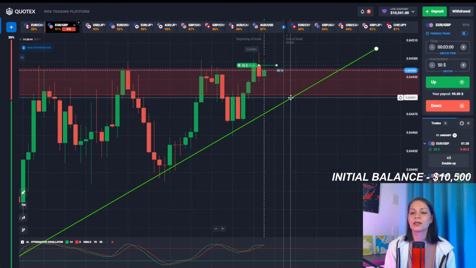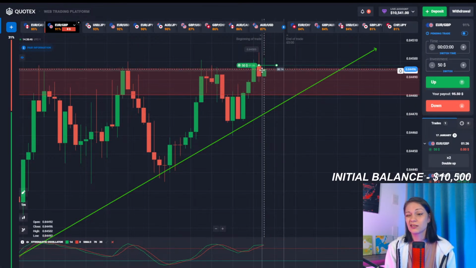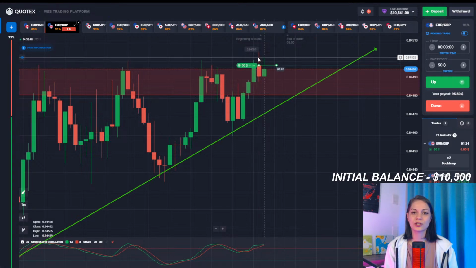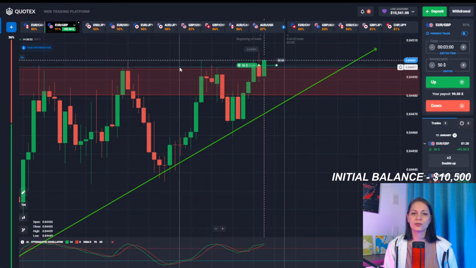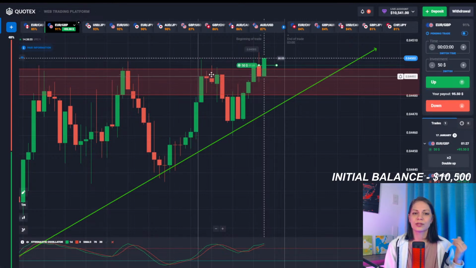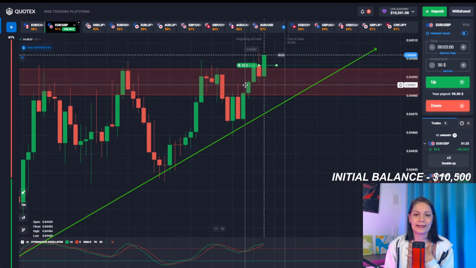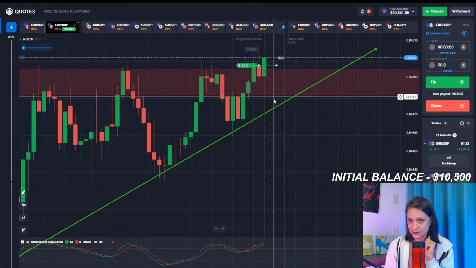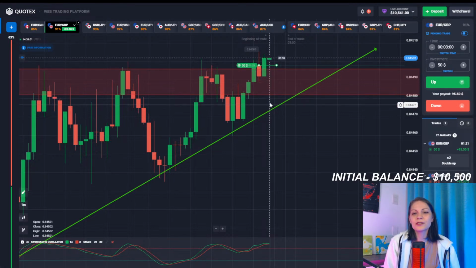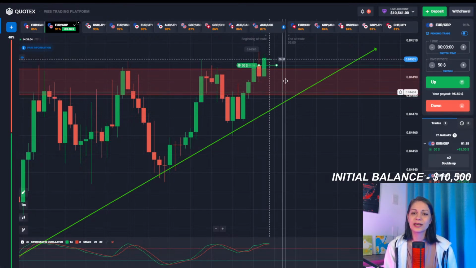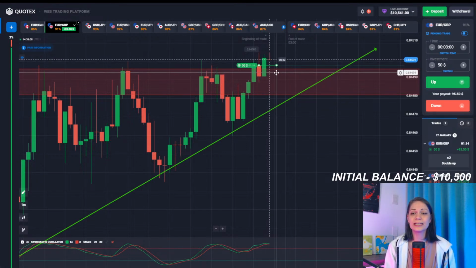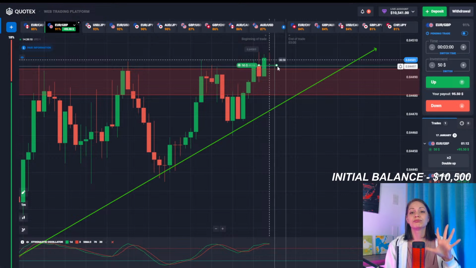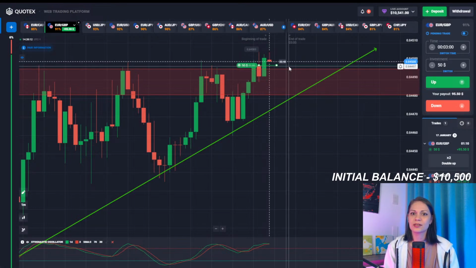We have 1 minute and like 35 seconds. But for now, I actually see that it's still fine. I like this candlestick because it was kind of covering all the previous shadows. But there is a possibility that the price is going to go down, react to the trend line, and after that there will be a breakout. It is risky, but for now, it looks quite fine. It's not obvious that we're going to win, but for now, it is okay.